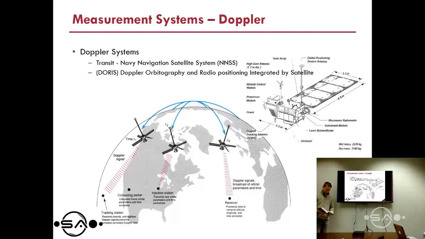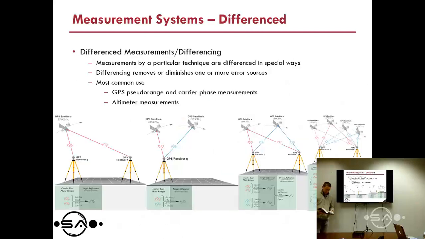So that's Doppler, GPS in action. Let's talk about difference measurements for a second. The whole point of difference measurements is to try and reduce or take out the error in some way, right? So if I've got two pseudo-range measurements from two different receivers, maybe I can difference them, and I'm removing, maybe they both have the same